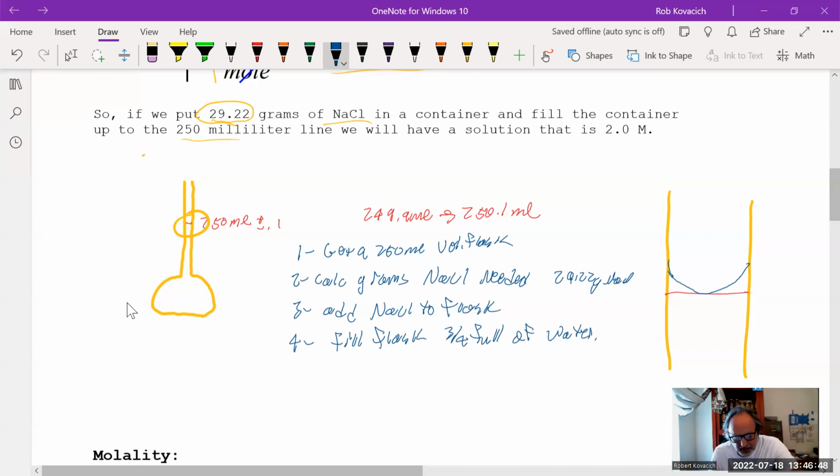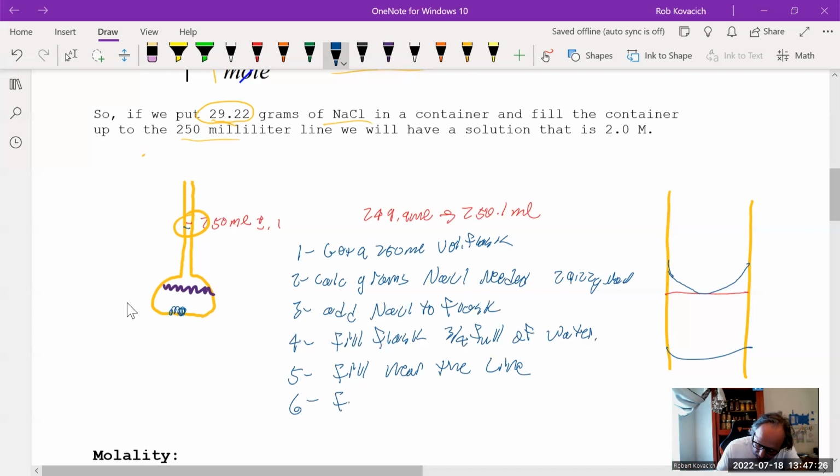So the reason that we're doing that is if I put a little table salt in here in the bottom, and then I fill it up to like here, then I can take this container and put a lid on it and shake it and get it to dissolve. Not all things dissolve as fast as NaCl, and so this allows you to shake it up and get it to dissolve more quickly. All right, then our next step would be fill near the line. I know it sounds like not super important, but it's important. So you're going to fill near the line, so it's something like this. So maybe like right there. And then the last one is fill to the line